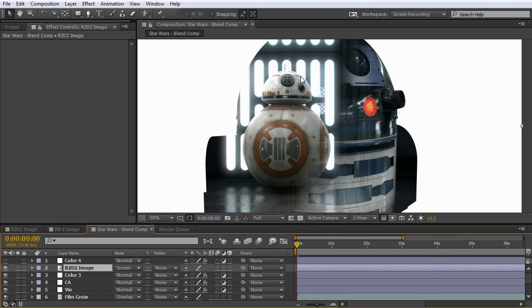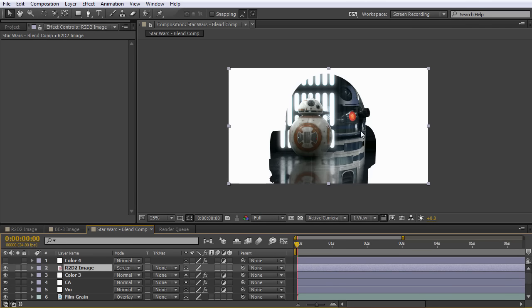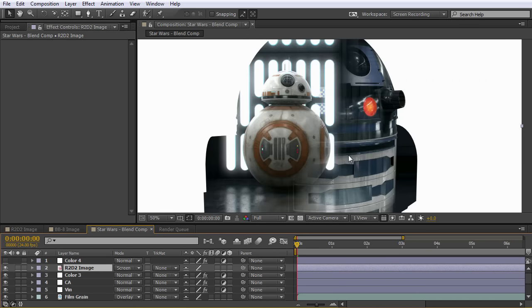What's also cool is you can see the similarities of their face here with the eyes and the projector and everything. So overall, I feel that was a pretty cool look. And finally, just to do a little final color correction on this image, it was a little blue for me. It looked a little too sterile and clean, and I wanted to add in a nice Star Wars faded look. So I just added a little bit of film emulation on top of everything, which again